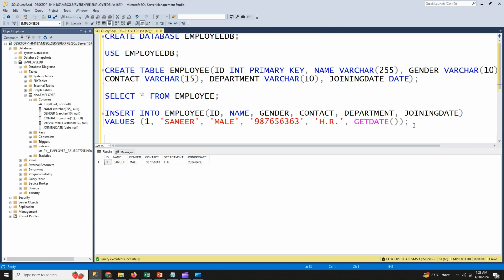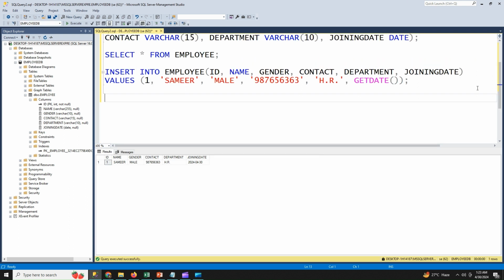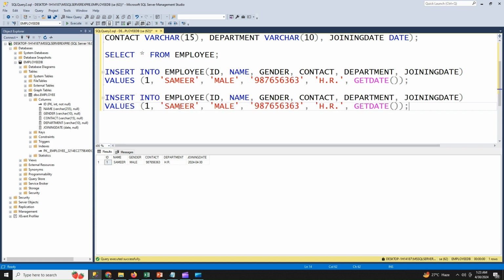So it says each and every record would be unique for the primary key. So we'll try to insert some duplicate record, then check what will happen. Tina, female, will change some mobile number, working in IT department, and we will take getdate as earlier.